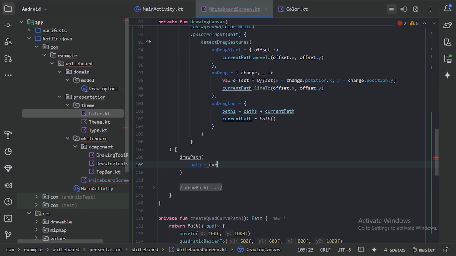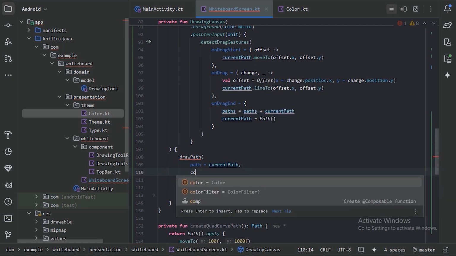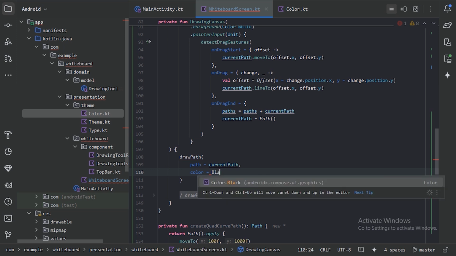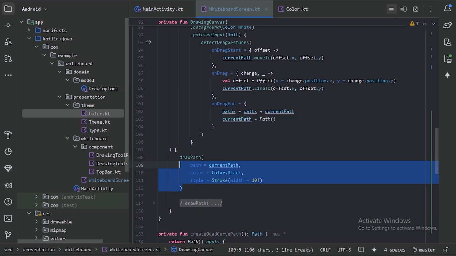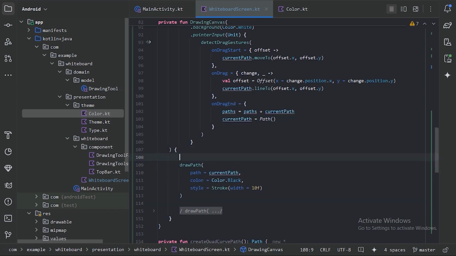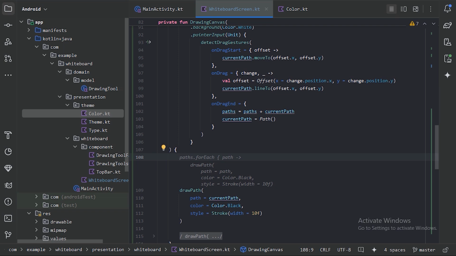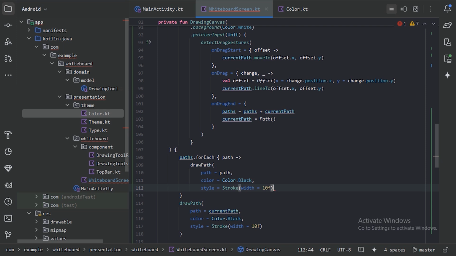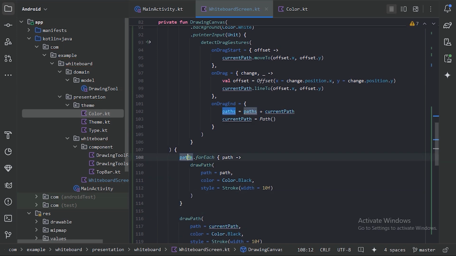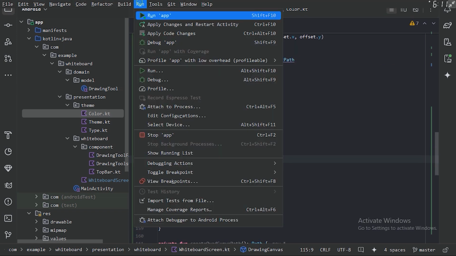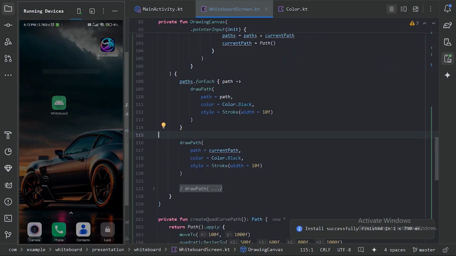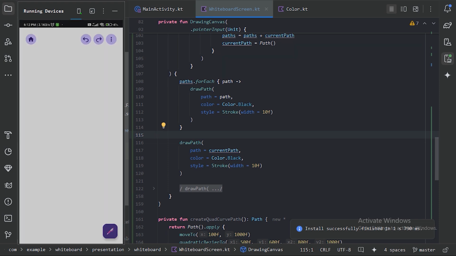First we will use the current path, and we also need to provide the color, so let's simply use the black color. And we need the style as the width, and we also need to use draw path function for all our existing lines. And here we can use this suggested code. We will take all the paths and we will draw each path. So again, let's run our app. So let's drag,